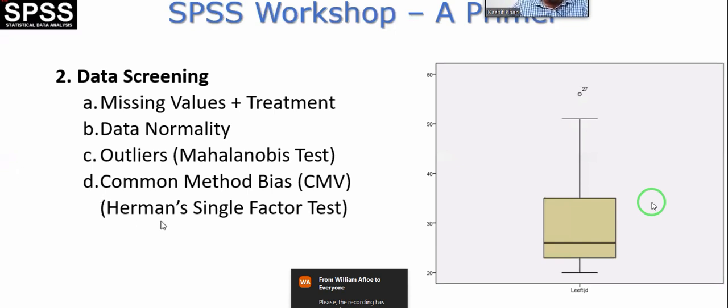Now, why are we going to check data normality? We're going to check data normality because there are two types of tests called parametric tests and non-parametric tests. The reality is that most of the statistic tests are based on parametric. That means the basic assumption of those tests is that data is normally distributed. I believe most of us understand what is meant by normally distributed. And for normal distribution, we need to run different types of analysis. Even if you're going to run any non-parametric test, it is still recommended that we have a look at whether our data